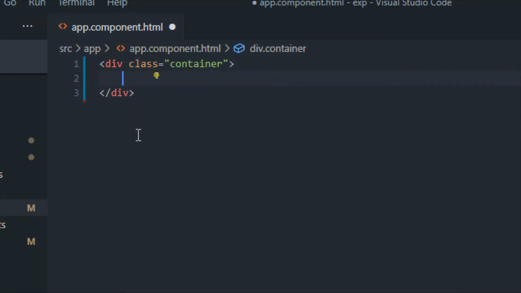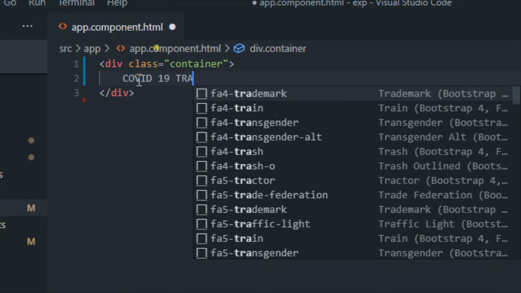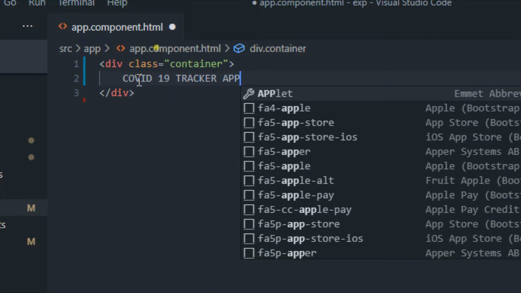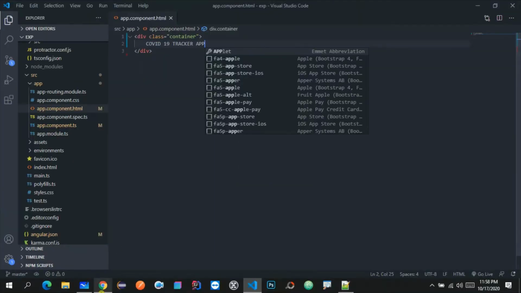This is the shortcut to create a class inside the div. And over here let me type some text. The text will be COVID-19 tracker app.